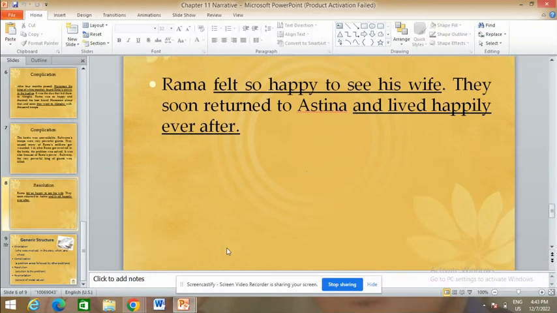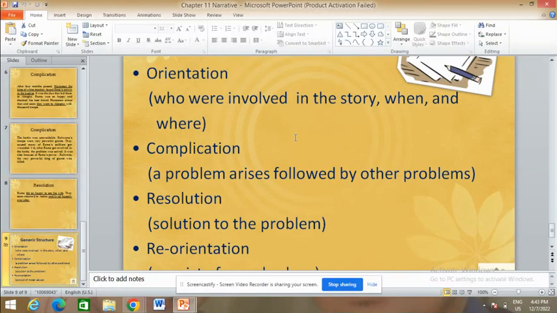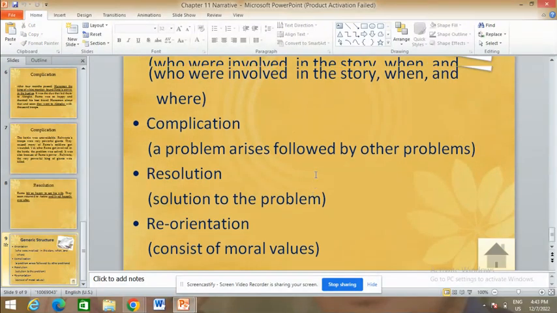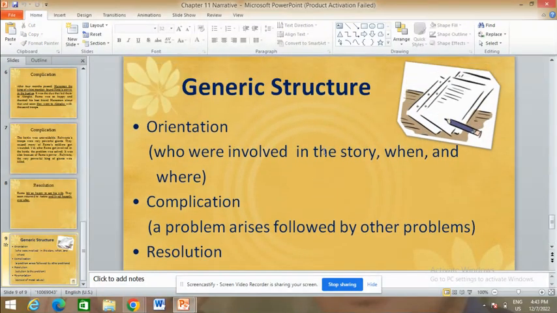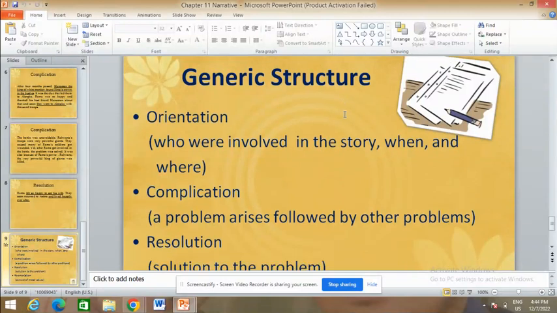This shows the generic structures, or we can call it the structure of the text. If we are going to talk about or write a narrative, we have to know